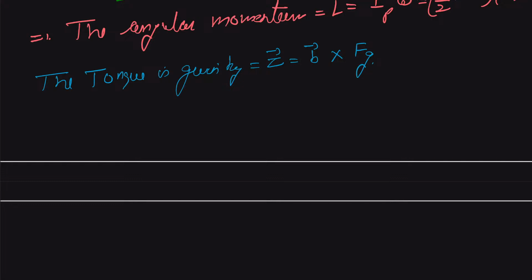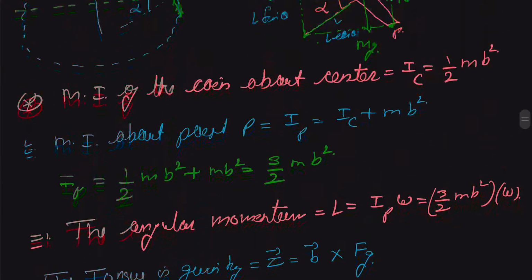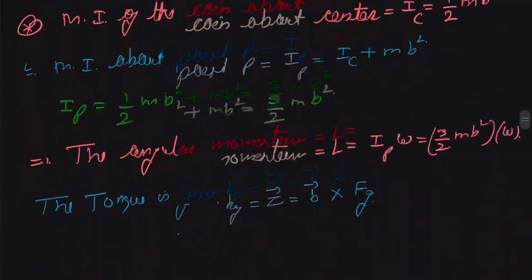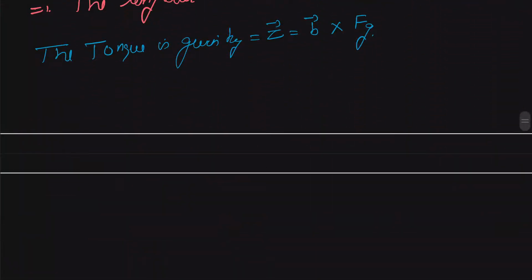Okay, and this Fg we can just divide into two components, and we have our mg. Okay, so this is our Fg, which is nothing but our mg,